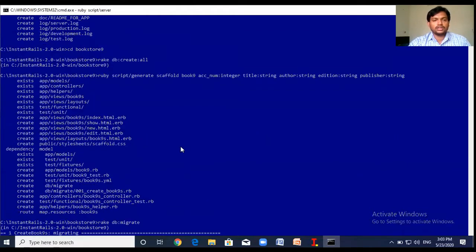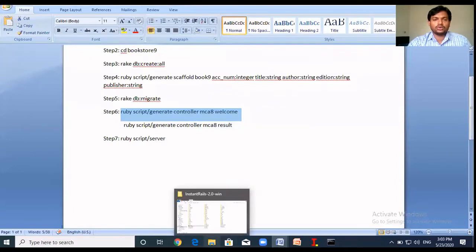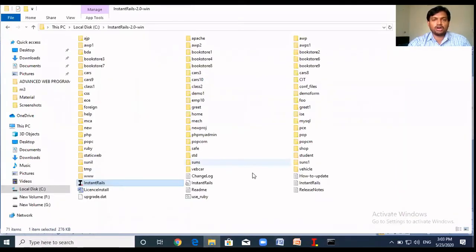We just created all the basic directories and the basic functionalities with the help of predefined methods and functionalities in Rails. Next, we can add the code to create the application of our purpose.